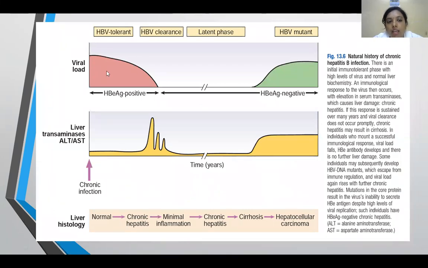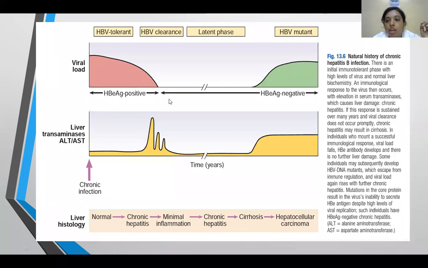Now this slide is showing the natural history of chronic hepatitis B infection. What is it? Natural history means that chronic hepatitis B depends on 3 factors, as I told you: clinically, physiologically, and histopathologically. So that has been shown in this slide. Viral load, liver transaminases, that is, alanine transaminase and aspartate transaminase, and liver histology. Based on this, how the acute to chronicity goes on is shown